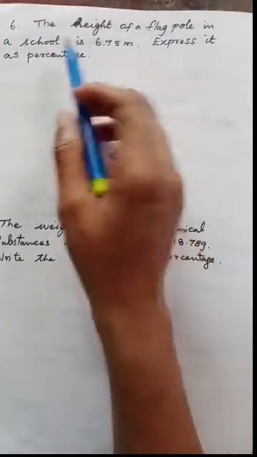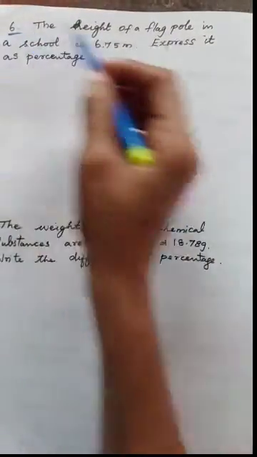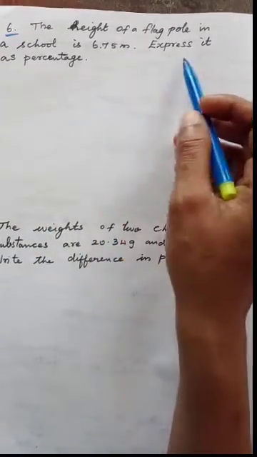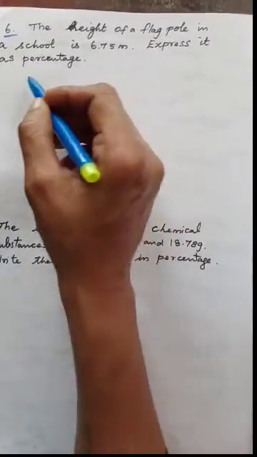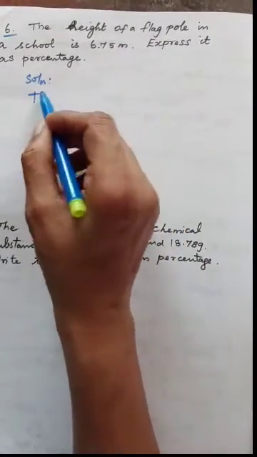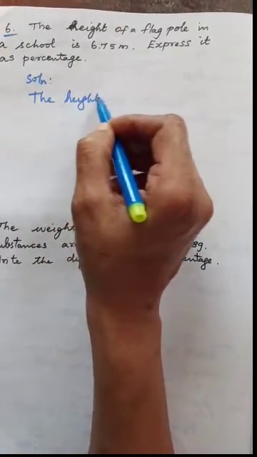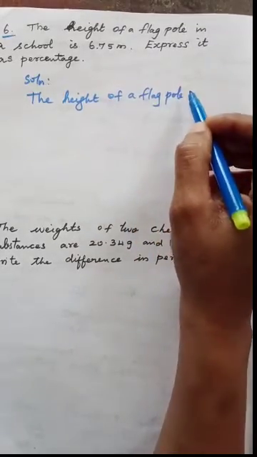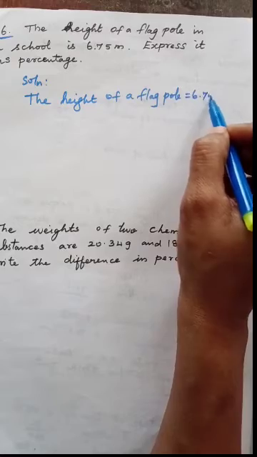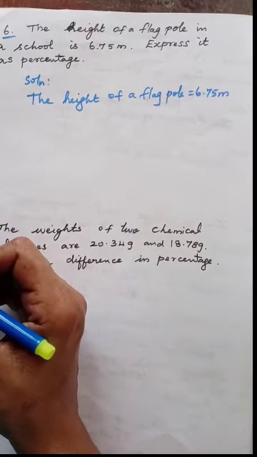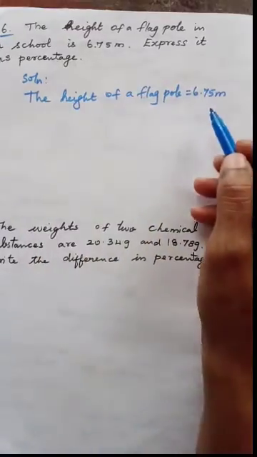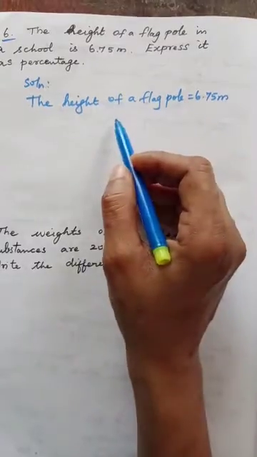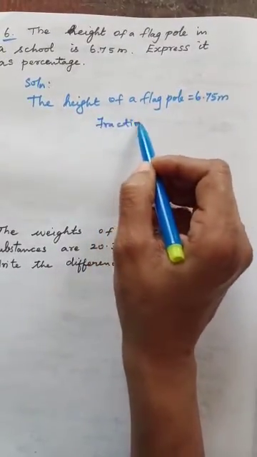Sixth one. The height of a flagpole in a school is 6.75 meter. Express it as percentage. Okay, solution. Height of a flagpole is equal to 6.75 meter. You have to change this to percentage. First you have to change this to fraction. So fraction is equal to